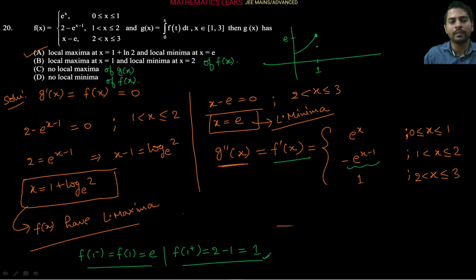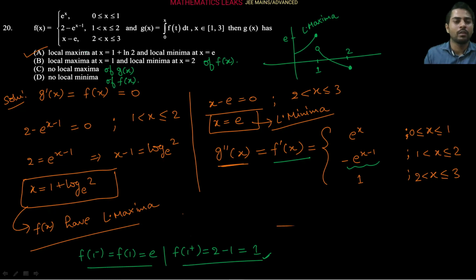So its graph will be, since it is an open interval, a light circle, and it is decreasing here. Up to 2 it is going here, and at x equals 2 the functional value we observe is 2 minus e to the power 1, so 2 minus e only. 2 minus e means it is negative. So the graph will be somewhat like this, roughly I am just drawing here, up to 2. This kind of graph it is coming. So you can see the function is discontinuous at x equals 1, but here it is coming local maxima, right? Local maxima.